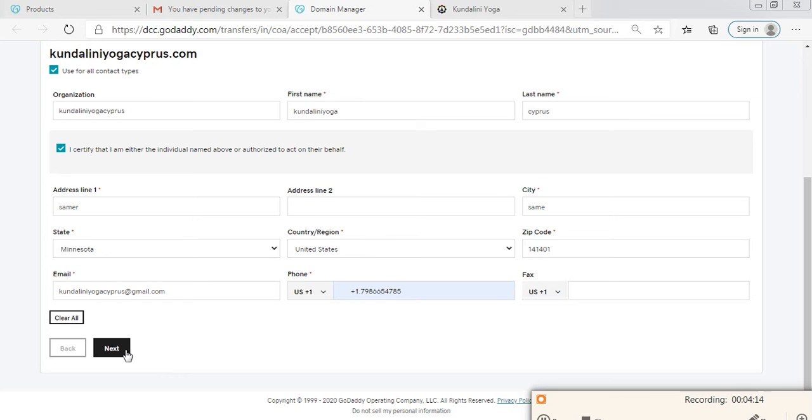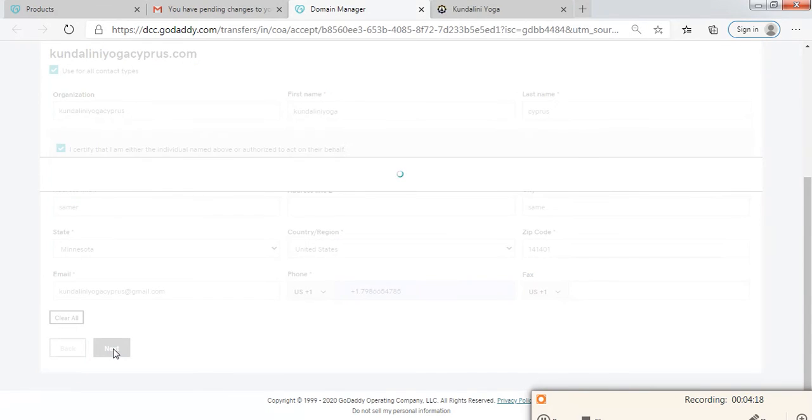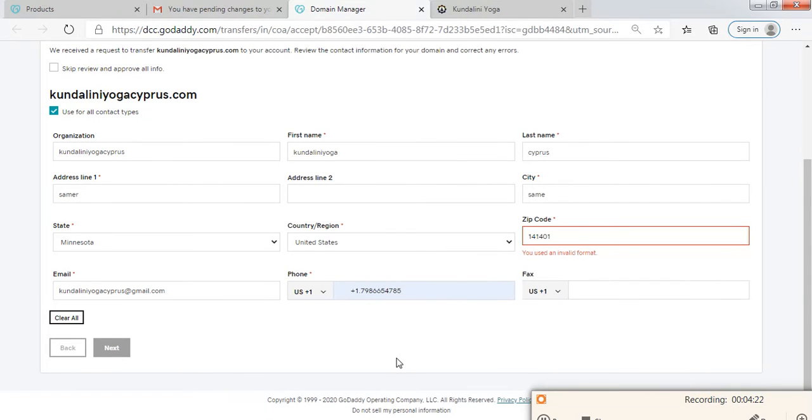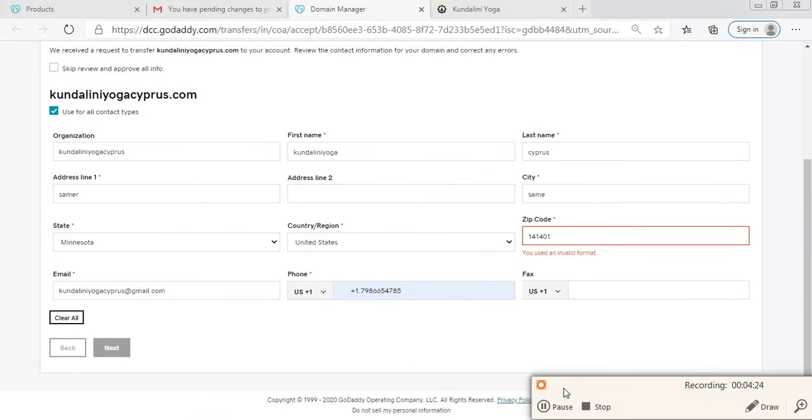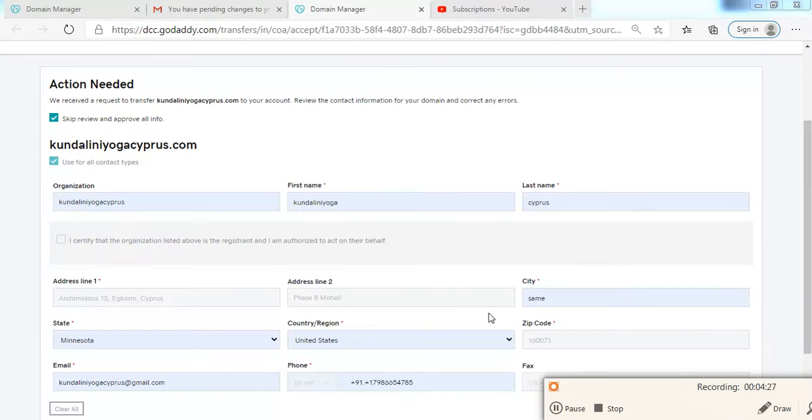So we can see the information here. Next, complete this task.